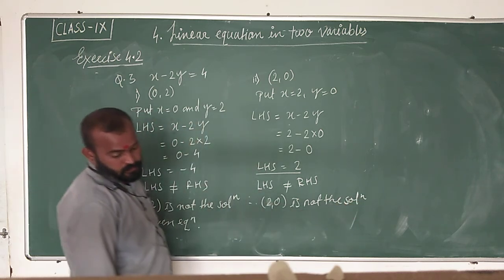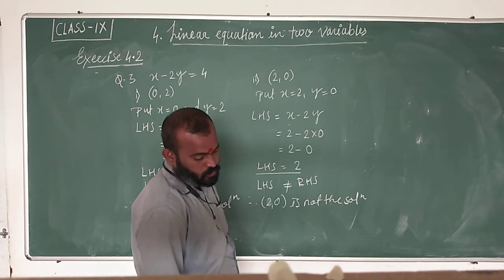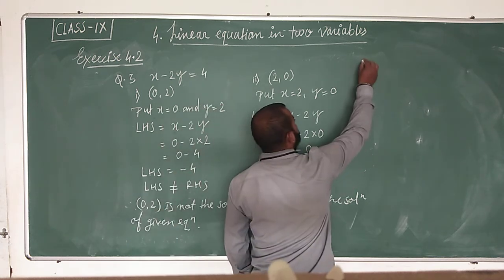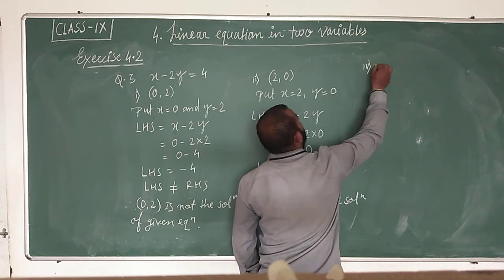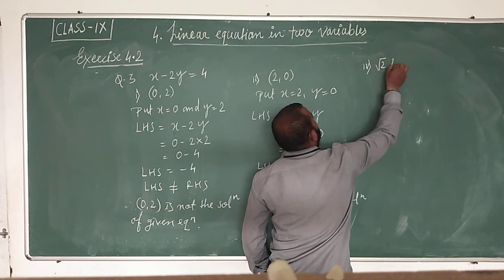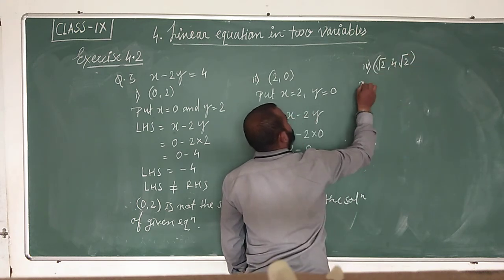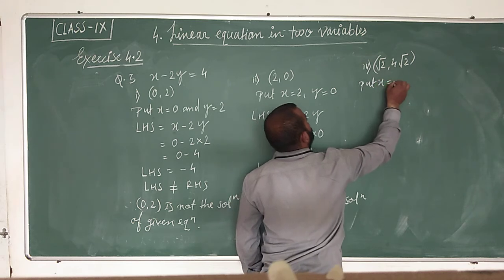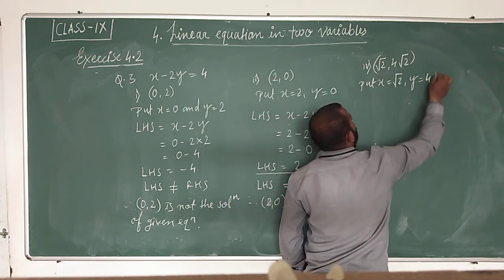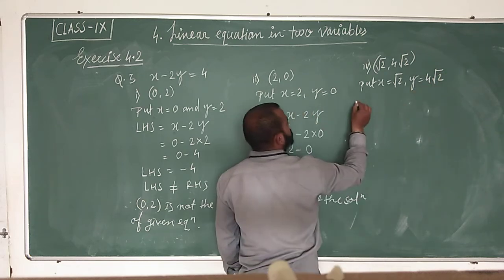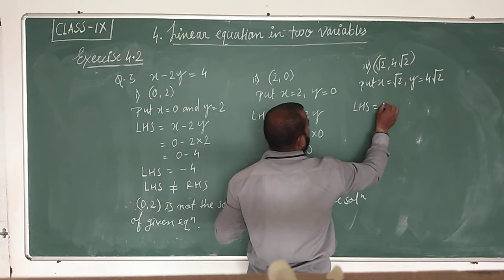The fourth one, root 2 comma 4 root 2. Put x equals root 2 and y equals 4 root 2. So what is LHS? x minus 2y. What do we get? x is root 2